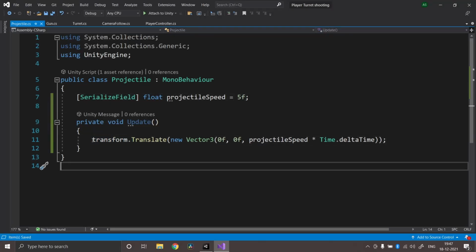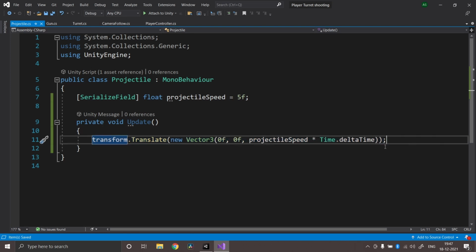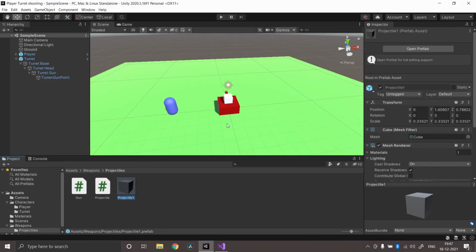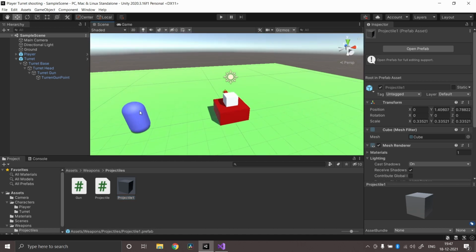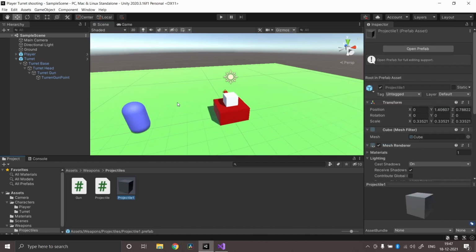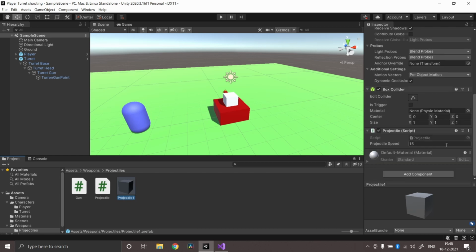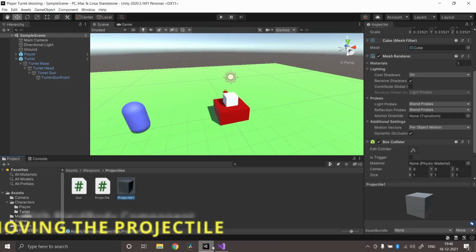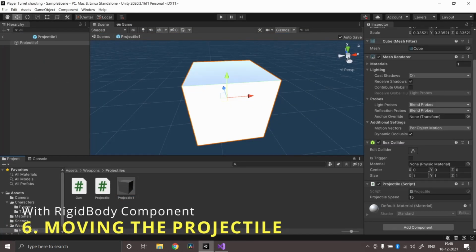If you have different types of projectiles, you could actually change the way you do things. Since this is simple translation, I did not even assign a rigid body to the projectile. In case of collisions, the player will have a rigid body, so we will still get collision events even though the projectile doesn't have a rigid body. So since this is simple translation, we don't actually need a rigid body. If we have to add a force, we need to use a rigid body.